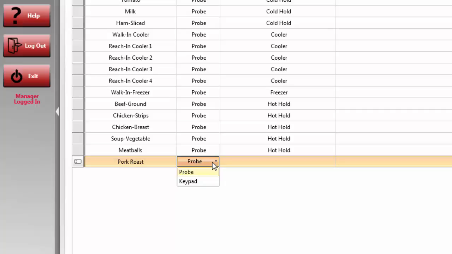the Temp-Taker device. When an item is set to probe, this means that the Temp-Taker will use its attached thermocouple probe to sense and record the item's exact temperature when it is selected within a program. When an item is set to Keypad, the handheld unit will instead provide you with a numeric keypad on its display, to which you will then use the device's arrow keys to guide the on-screen cursor to input your temperature selection for recording. Both methods will record and present data in the exact same way when displayed on a Temp-Taker